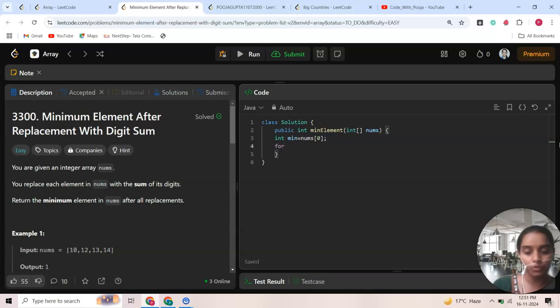We have to use a for loop, int x of nums. Okay, now in the x of nums, what do we have to do? We have to just sum. I'm just taking one more variable. I'm just creating here while x is not equal to 0. What do we have to do? We have to just do,